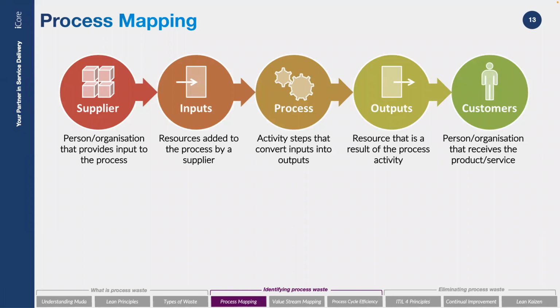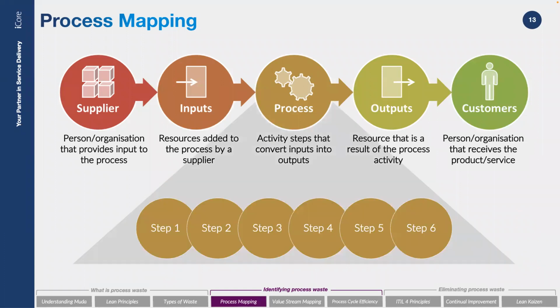So how this works is the first thing that we do is we look at the process. So we start in the middle on this, and we define the steps that are within a process. And we know what the process is. Let's say, for instance, incident management, we've got identify, log, categorize, prioritize, and such like, initial investigation, diagnosis, and so on. Once we've done that, we draw those down the line, and then we look at each one of those steps. So, for example, inputs. What are the inputs into identification? Okay, you define what they are.